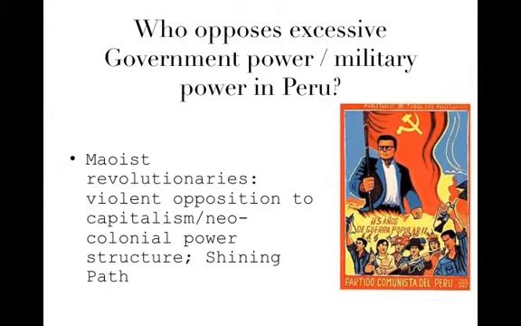In Peru, the excessive power of the government is faced, or at least is responded to, by Maoist revolutions. The Peruvian Communist Party is not a party that participates in the politics, but is an armed guerrilla movement. And what you see here is a poster for the Communist Party of Peru that clearly identifies the armed nature of their opposition. The sign says 5 years of popular war, and every person, except for the tallest one with the glasses, who is holding a flag with a hammer and sickle, which are the symbols of communism, everybody else is holding a weapon in this poster.